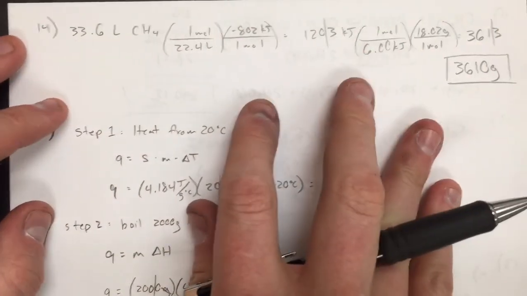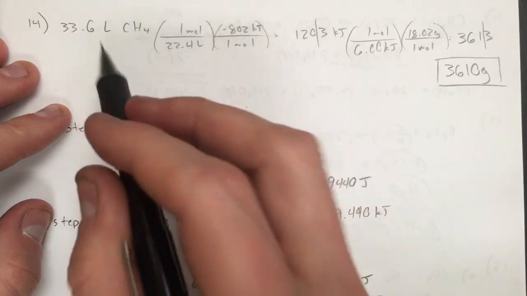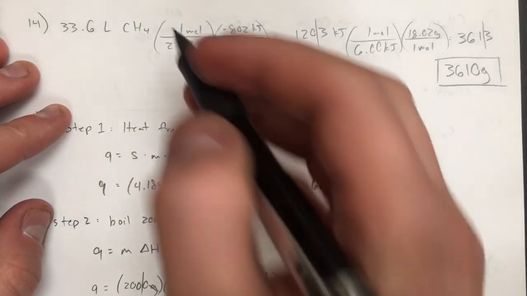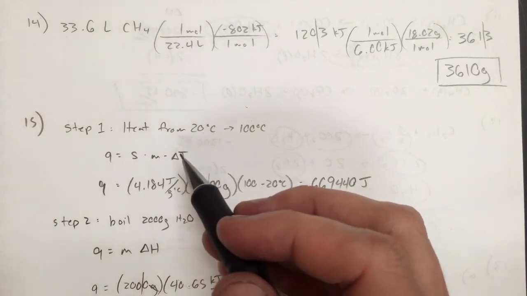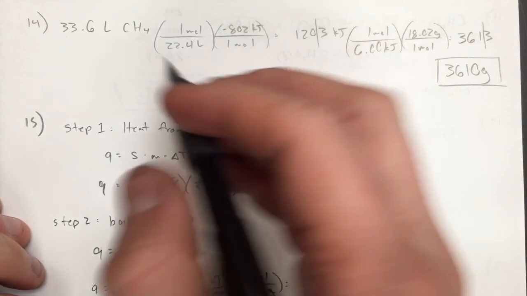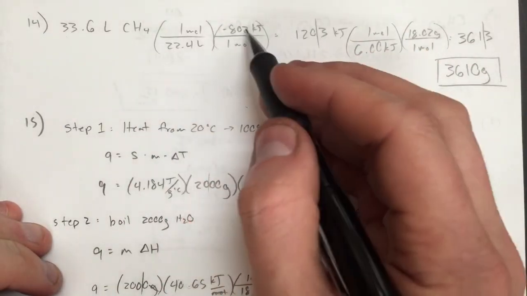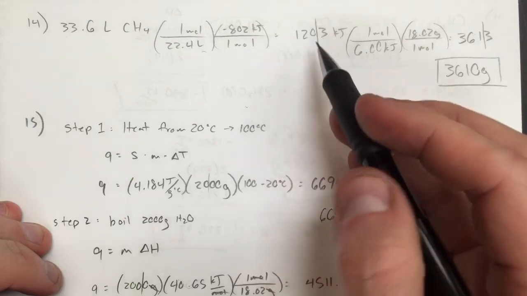So we start off with our conversion, and we have 33.6 liters. We convert liters to moles. I should really have told you that it was at STP, because that's the only time you can use this 22.4 liters, to which a lot of you are like right now, wow, you didn't say it was at STP, that's why I couldn't do it. I mean, you just had no idea how to do it. Shut up. So we convert liters to moles, and then moles to kilojoules, and we get 1203 kilojoules,